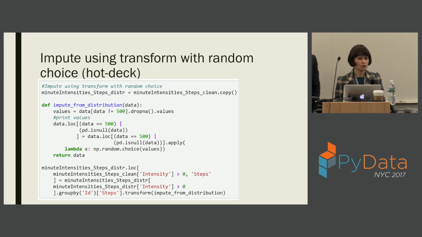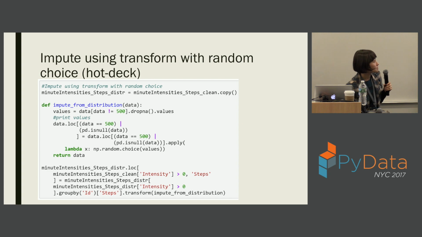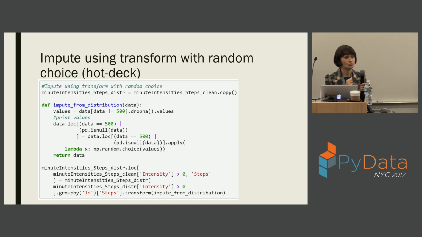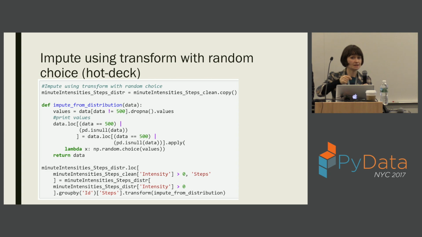And another one we used was the hot deck, which is the random choice. We basically took the distribution of existing values for the steps and plugged it in. For that, we used the transform method in Pandas, which allows you to transform your data series into something else. Here we kept the same value if it existed, and if not, we just drew randomly from the same customer.